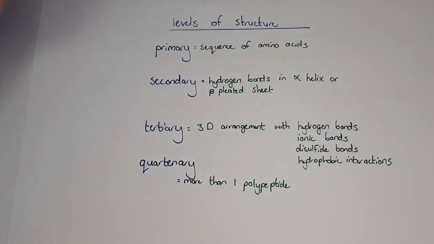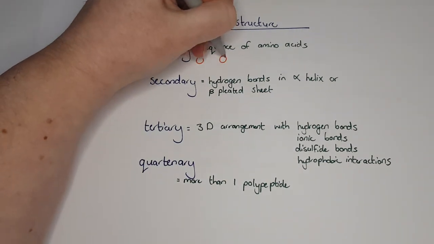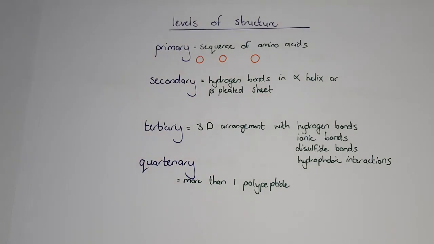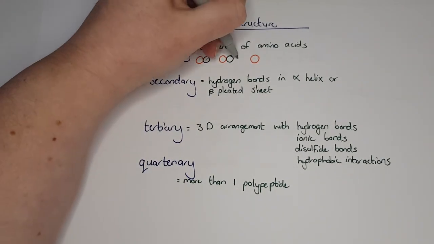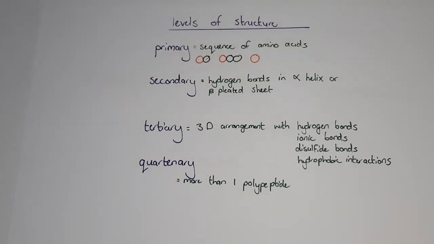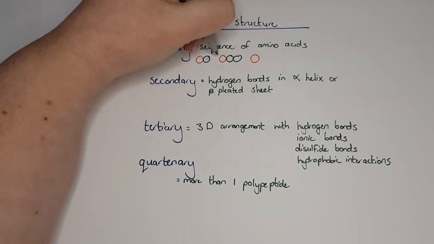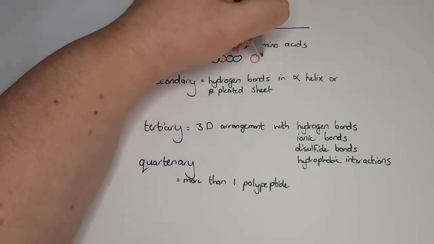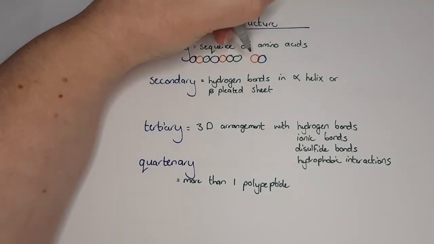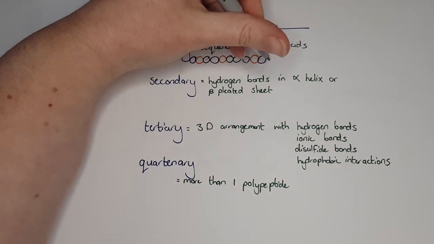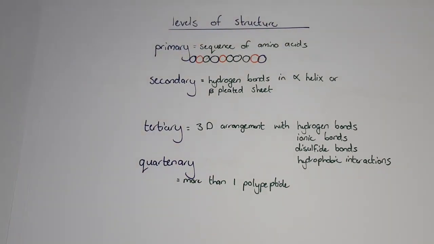That gets decided by the DNA code, and it's just what amino acids there are all joined together to make up my long polypeptide. Each one of those is all different, and that's the sequence of amino acids, all in a straight line,